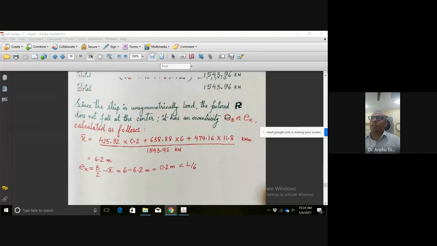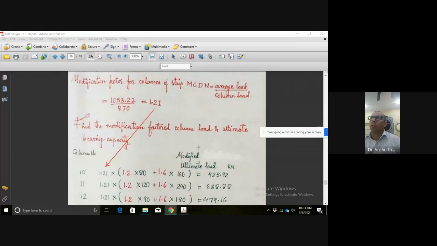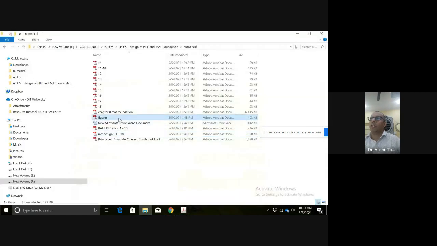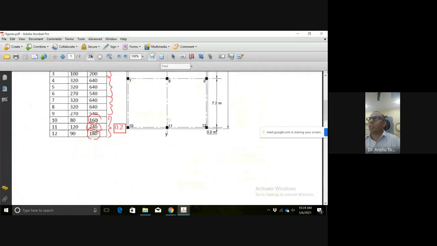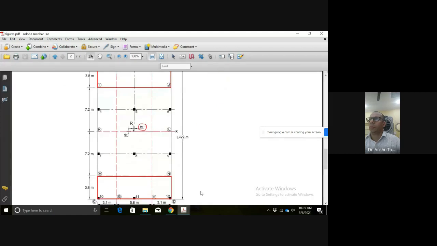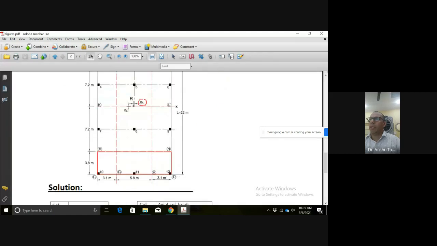This was for the last strip corresponding to MCDN, which is the bottommost strip. MCDN, this also we have calculated, finding out the moment in